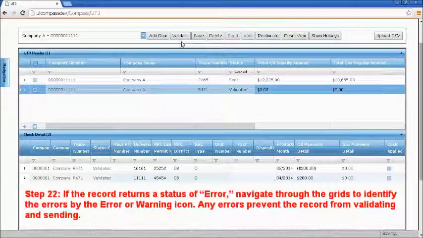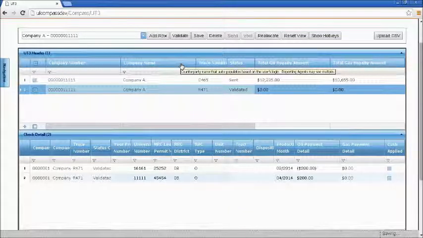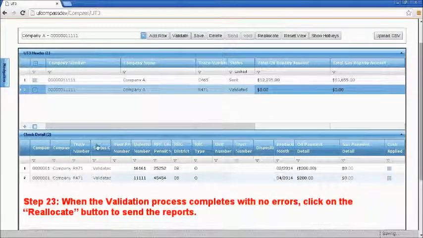Step 22. If the record returns a status of error, navigate through the grids to identify the errors by the warning and error icons. Any errors will prevent the record from validating and sending. Step 23. When the validation process completes with no errors, as indicated by the status in the header and in the check details,